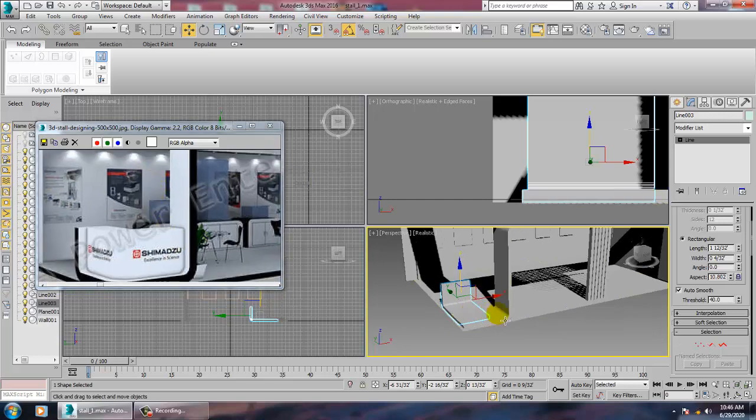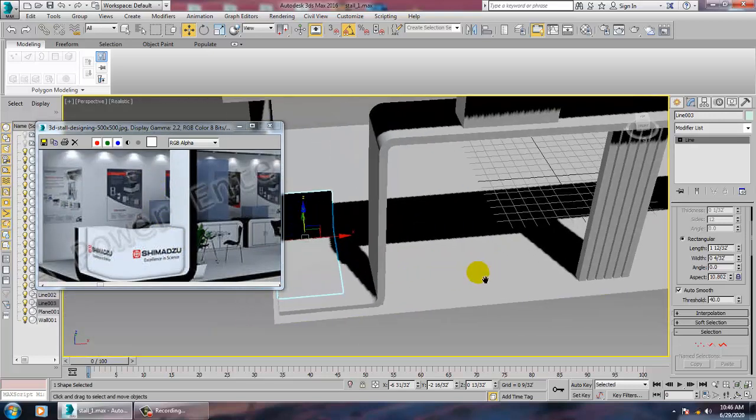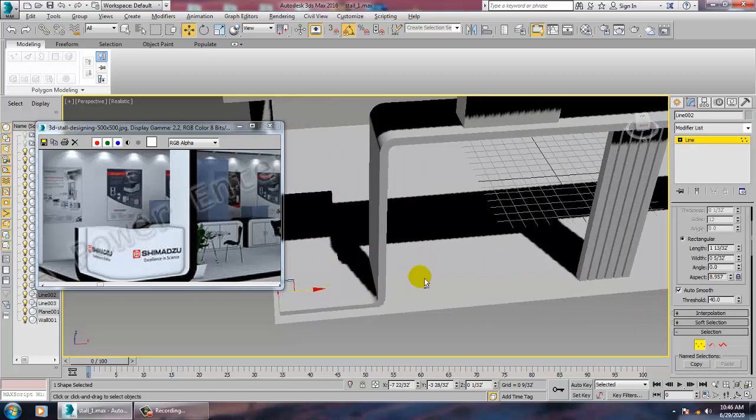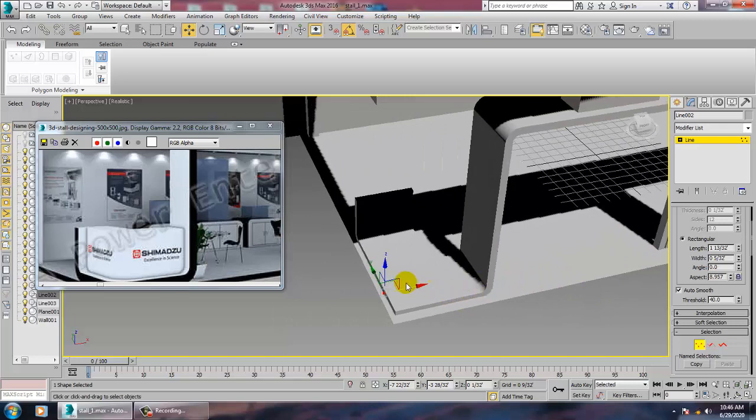So now we need to create this. For that, I'll be pushing it a bit out, this part, and this a bit over here.